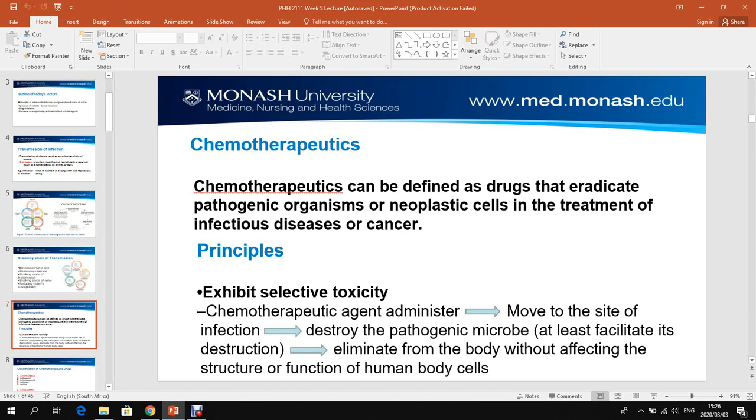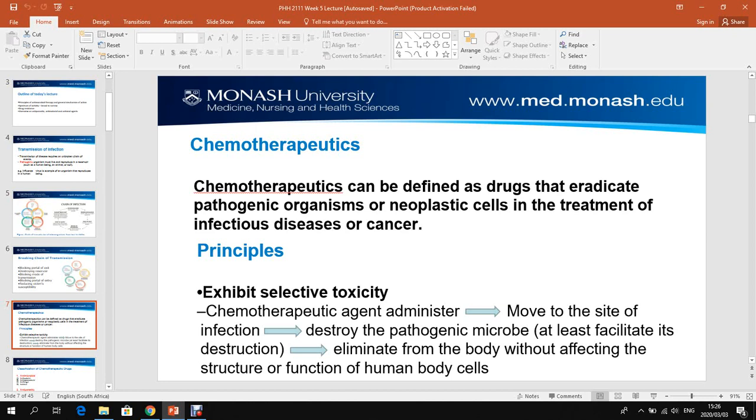So now let us look at the principles, how they exhibit, these chemotherapeutics. What are the principles of drug treatment? When you talk about principles, this brings us to what we call selective toxicity. These drugs exhibit what we call selective toxicity, in the sense that